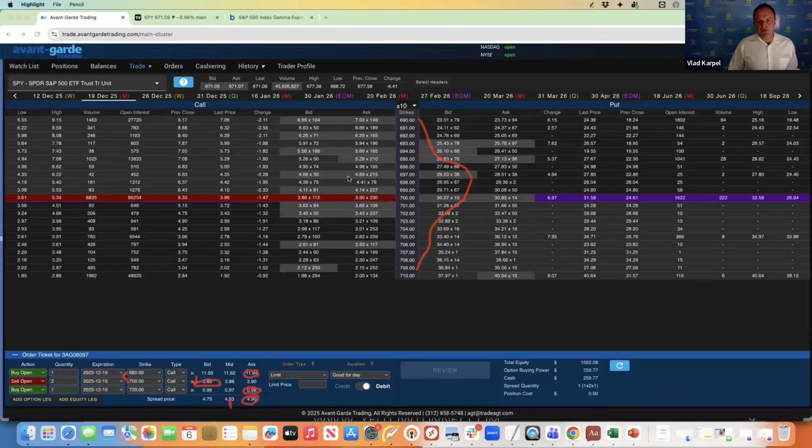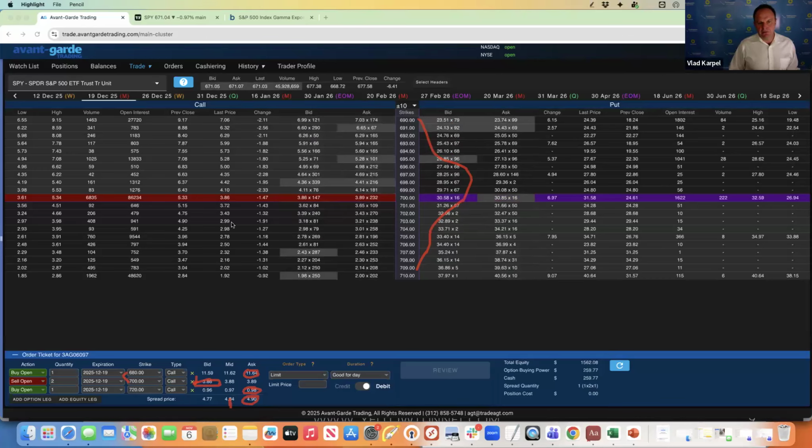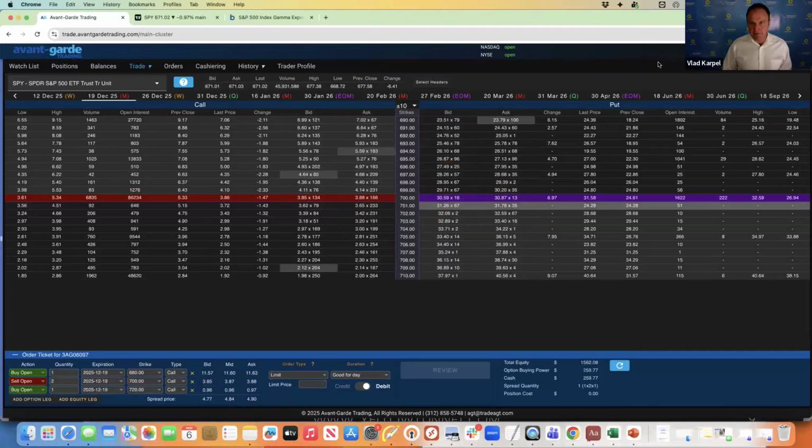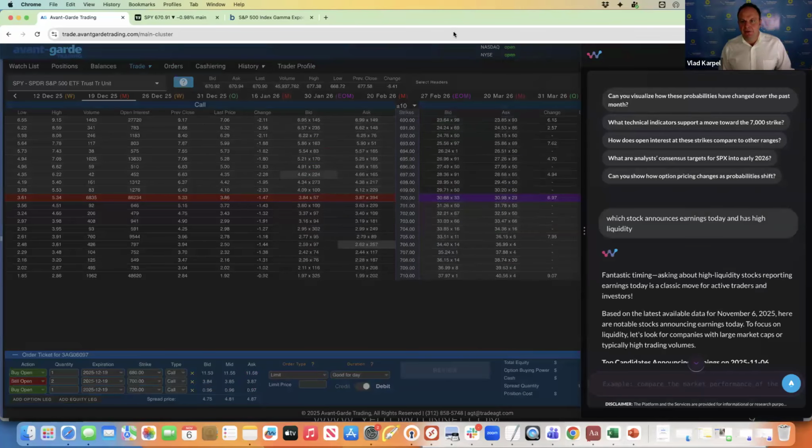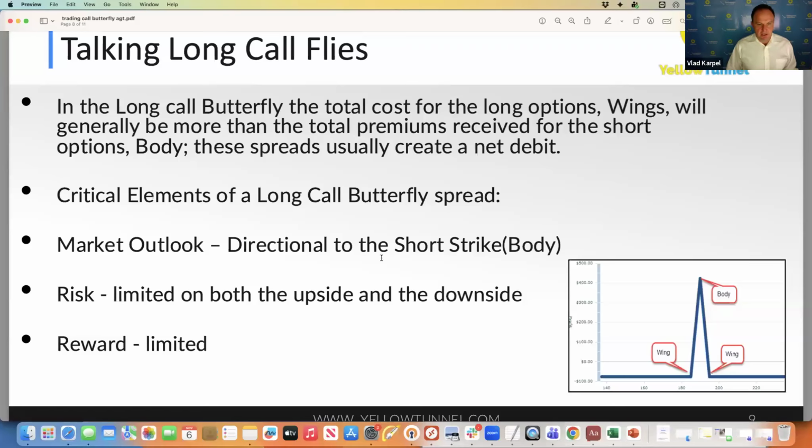Any questions on how to structure butterflies using these option chains, or any questions on the Winston? Oh, friend, I love the name Winston. Any questions? Okay. If there are no questions,